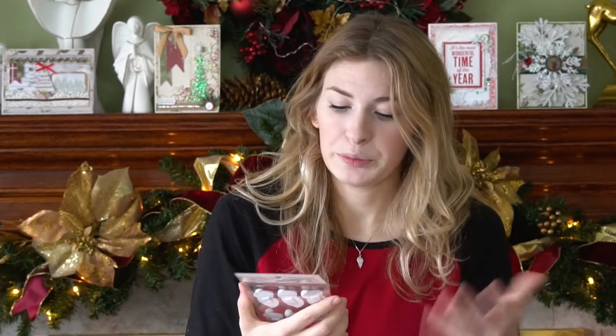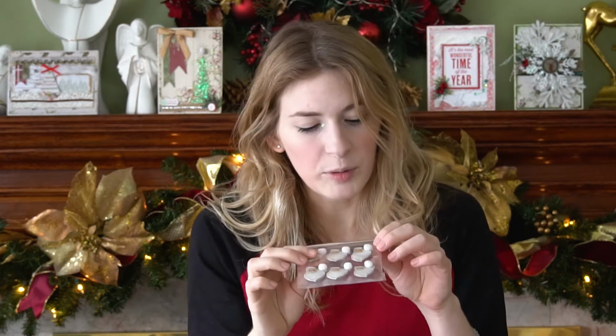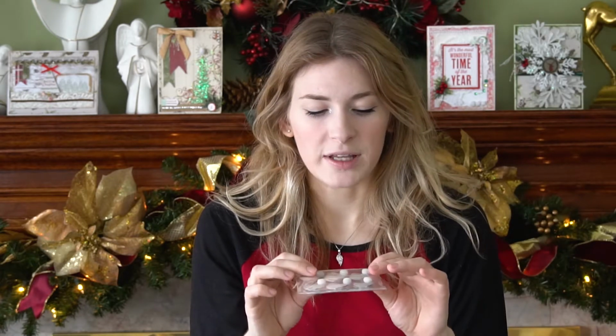And the next group packaging thing, a bunch of Santa heads, and I like that they added little pom-poms. I might actually steal that idea for the other Santa stickers that I have in my collection, because I have a lot of pom-poms that are just on a separate string that I cut off. So this is actually a pretty good idea, so I'm probably gonna steal that for my own DIY thing. But that's another little scrapbooking hack